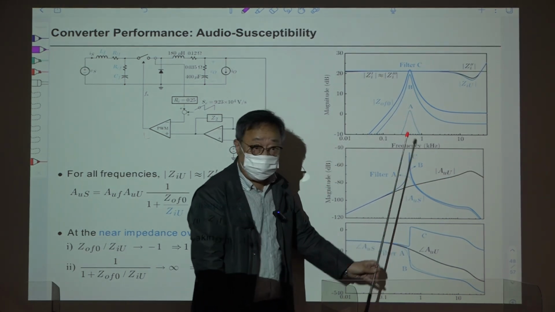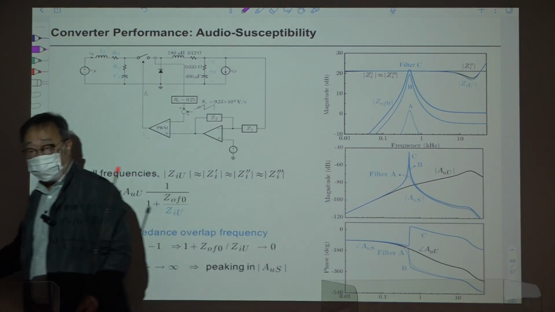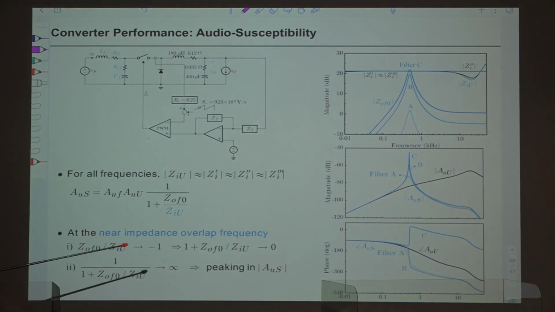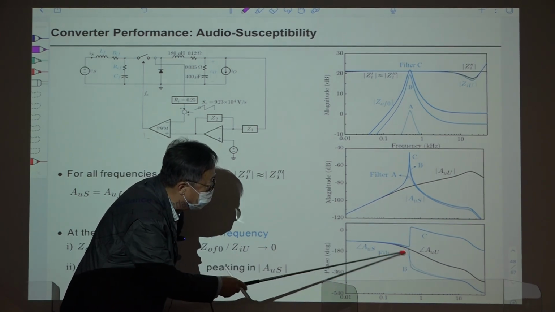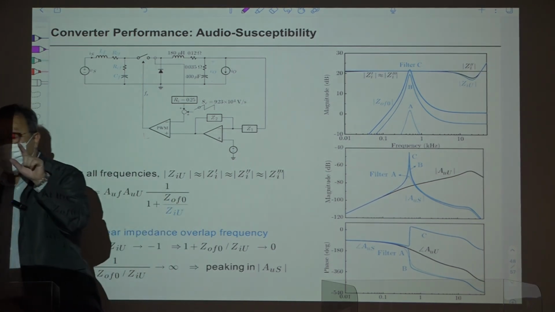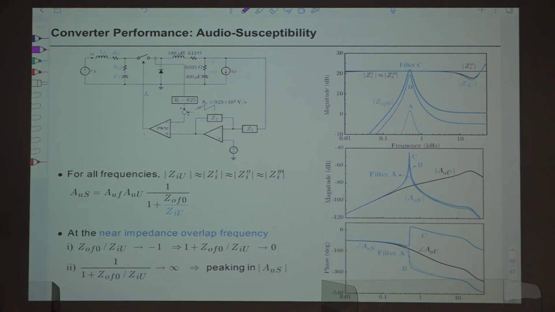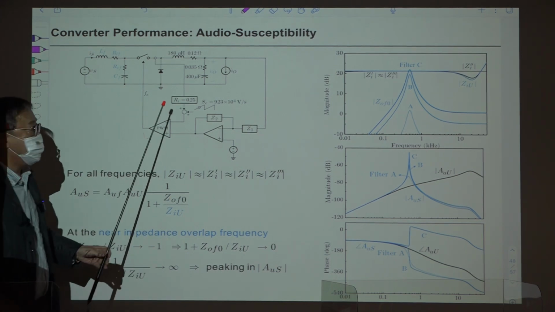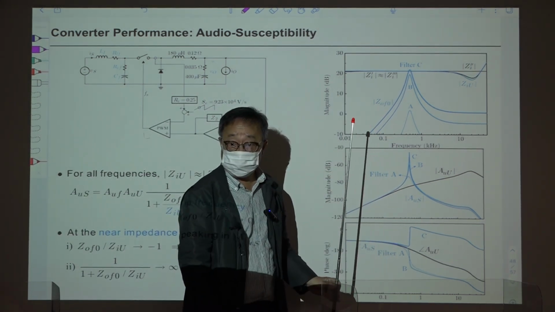The phase information of this loop gain is telling us something very important. Phase drops by 180 degrees here, A, B. That means there is an LHP pole. A pole reduces phase by 180 degrees, minus 180 degrees. So the poles are located in the LHP, the left half plane. So the system is stable.